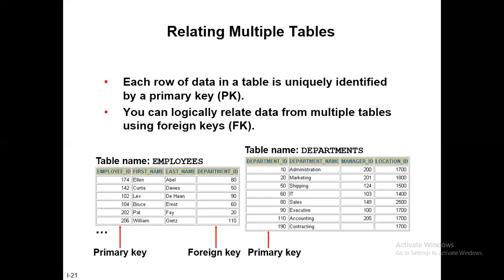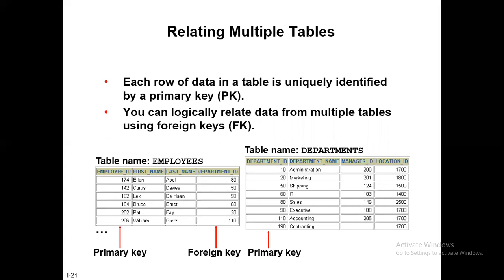So this is called a foreign key. Primary key is employee ID in the employees table. Foreign key is department ID, which is the primary key in the department table. So when you link up, it is like Ellen Abel belongs to department 80 here.